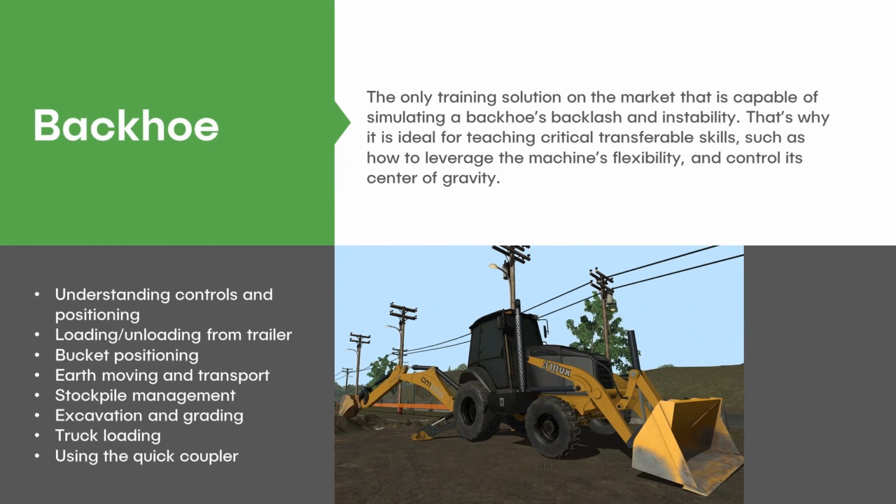Starting with the backhoe. At any point in time, if you want to use the front or the backhoe, that's fine. This one is based off a backhoe that has backlash, for anyone who knows what that is. If you're violent with the backhoe, you have that kind of vibration that happens before the bucket settles down. If you're a Case operator, you don't know what that means, but if you're a CAT or John Deere, or I think JCB, it has backlash.